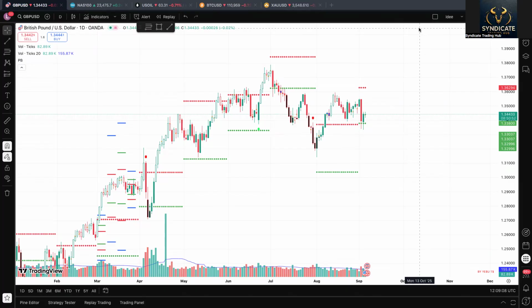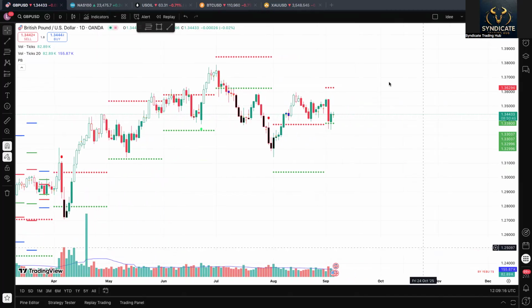And here is the look at the GBP USD on the daily time frame. If you look at the GBP USD, we have a bullish relationship, so we are forecasting bullish price action. If you are swing trading, you can be looking for bullish action, as we can see a rejection at